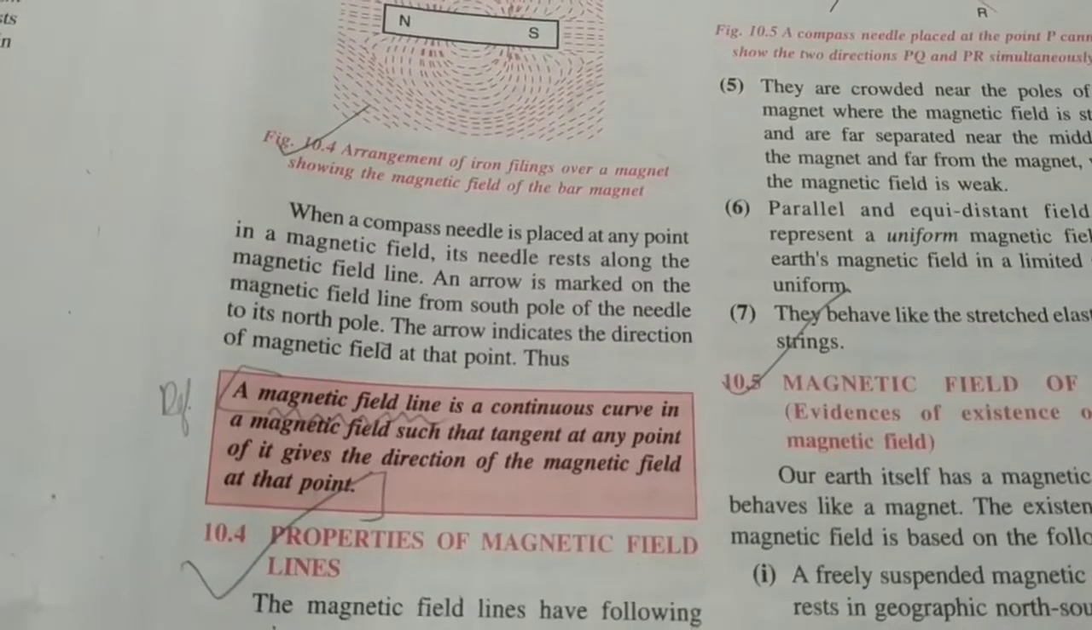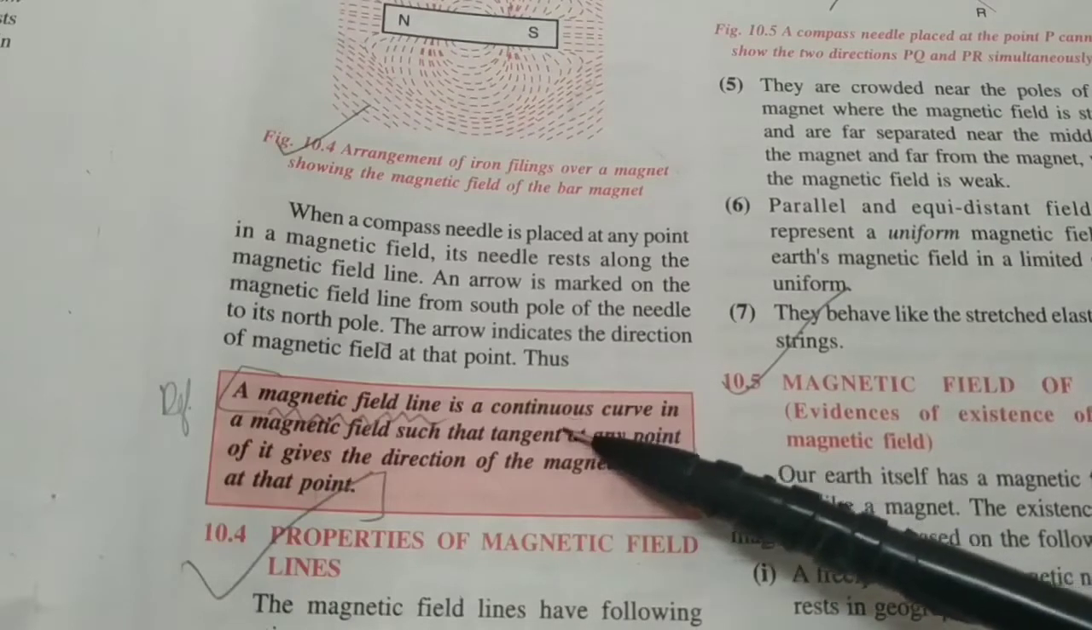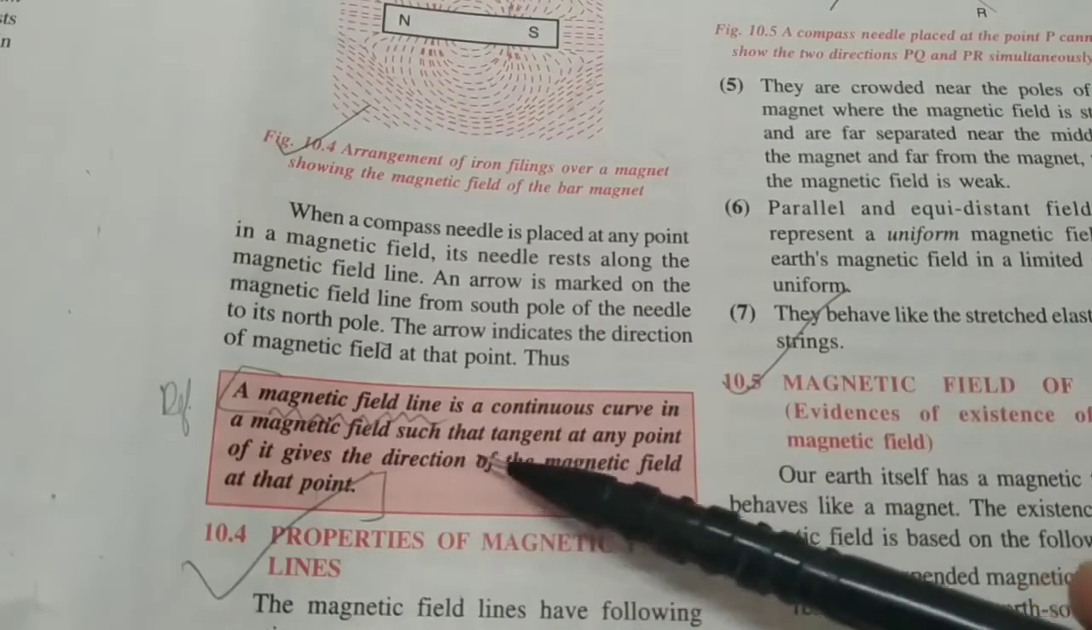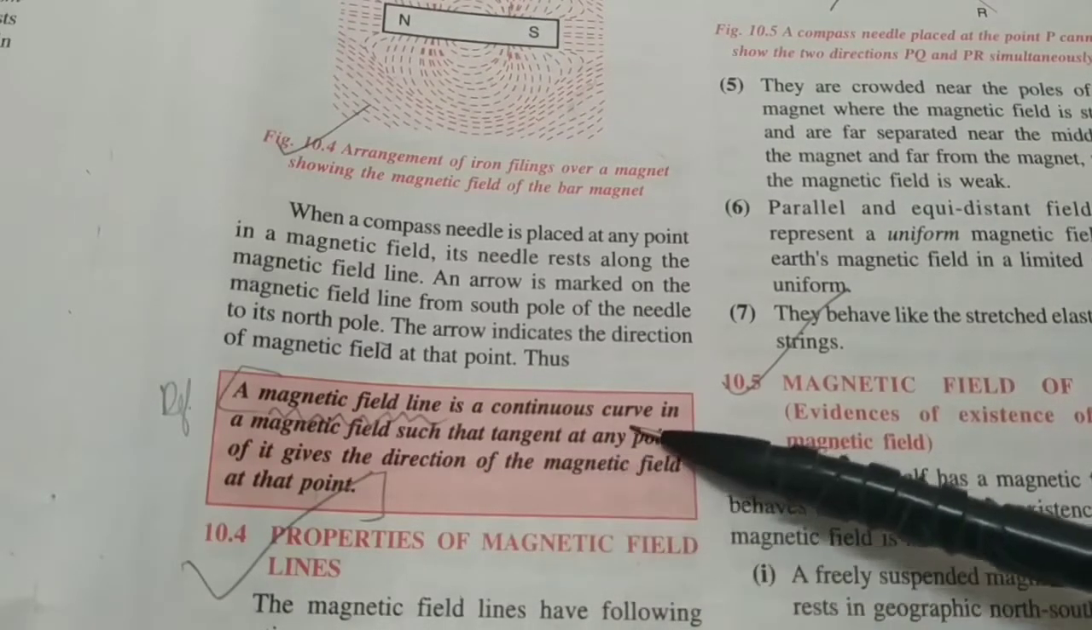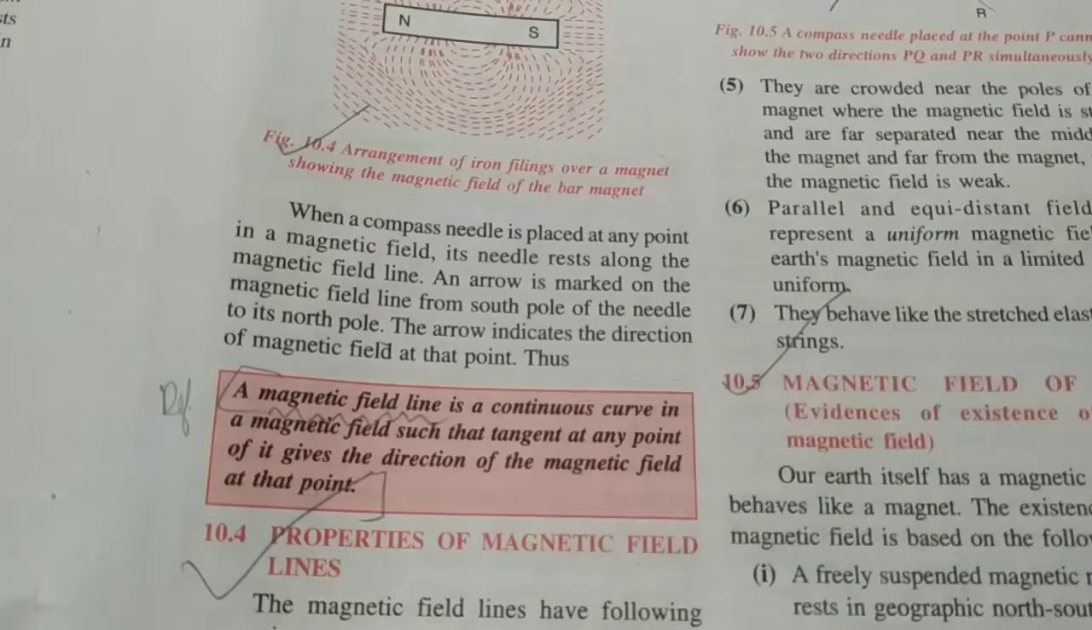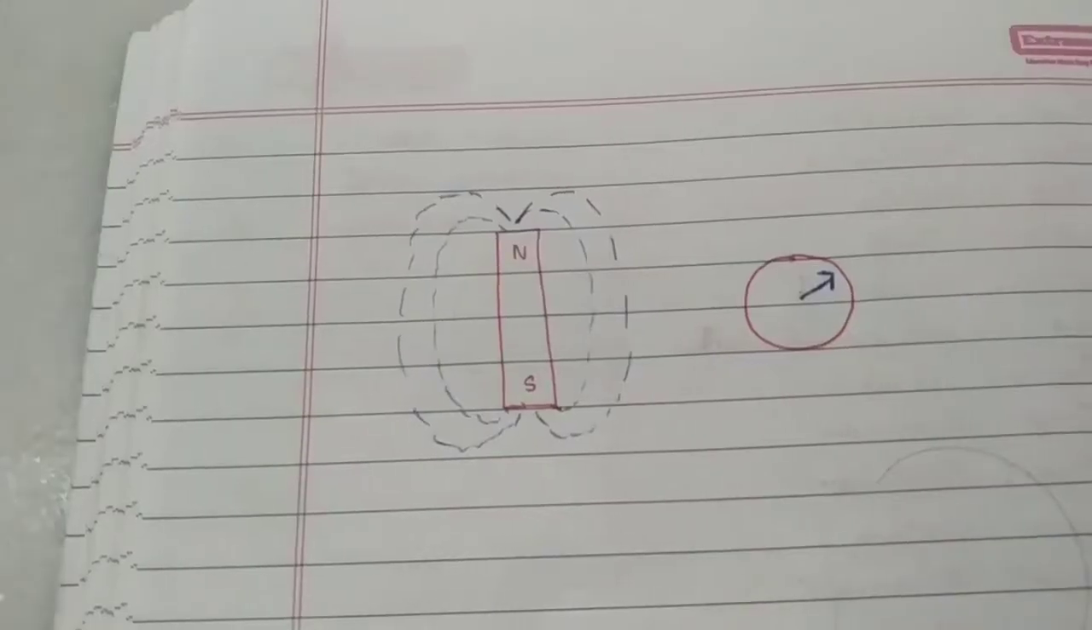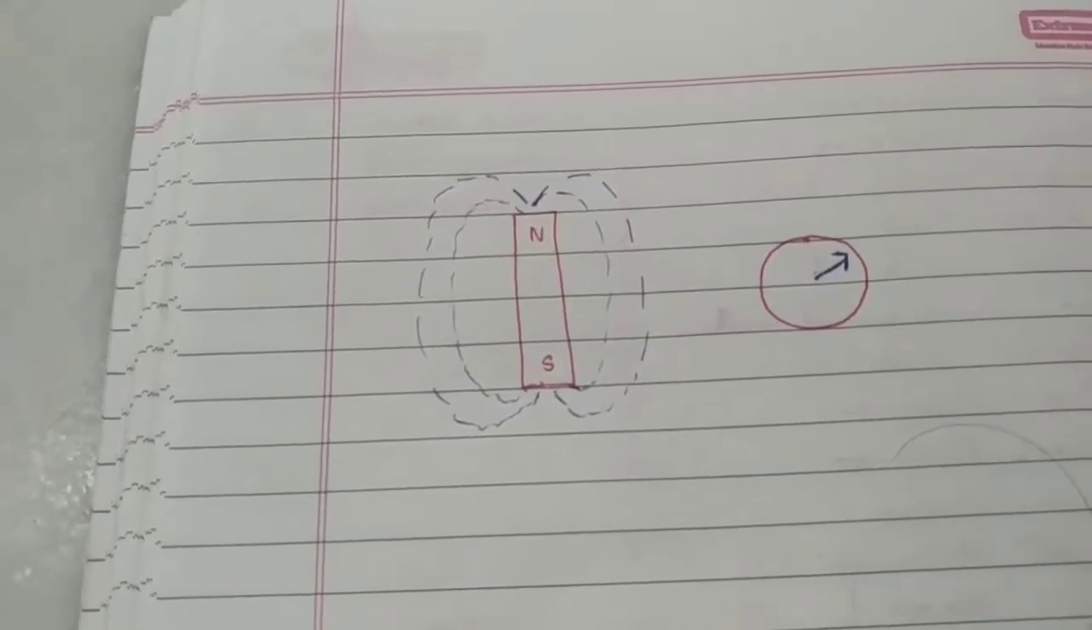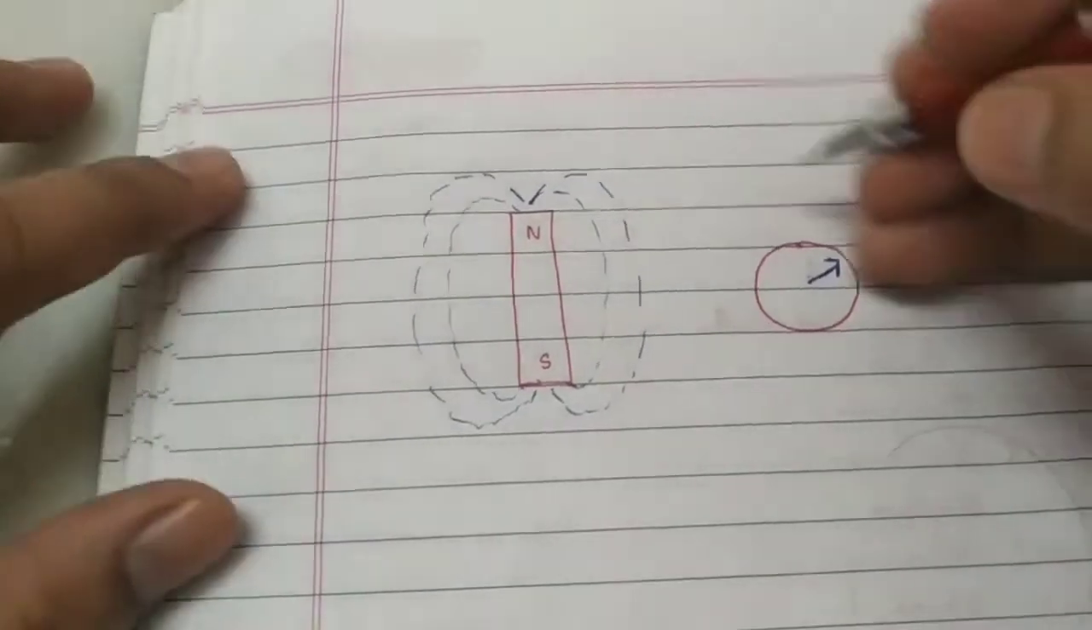Now let's define a magnetic field line. A field line is a continuous curve, there are no breaks in between, it's a continuous curve in the magnetic field such that the tangent at any point of it gives the direction of the magnetic field at that point. Now, we know how to visualize a magnetic field using iron filings, but there is another way to see the magnetic field. Imagine that I keep my magnetic compass out here,